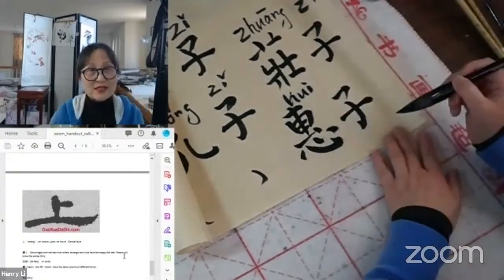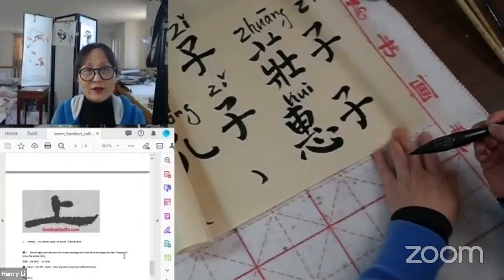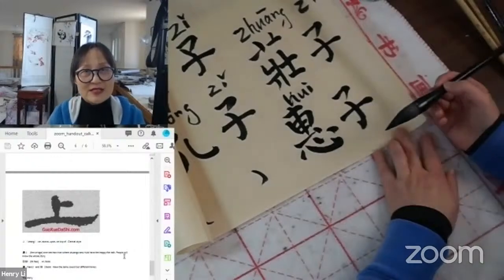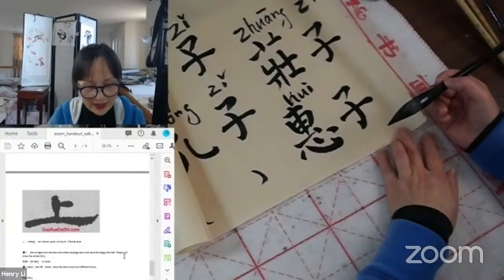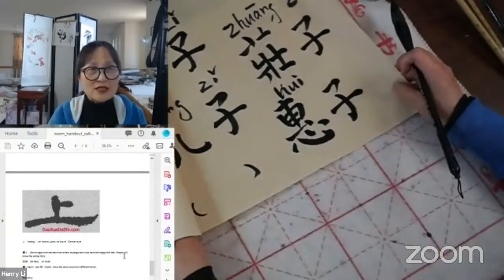This is the Huizi. The Hui with the grass radical. We learned tall orchid, but without the grass radical, it is the person's last name. So it's Zhuangzi's friend, at the same time. But the big difference is Zhuangzi is the